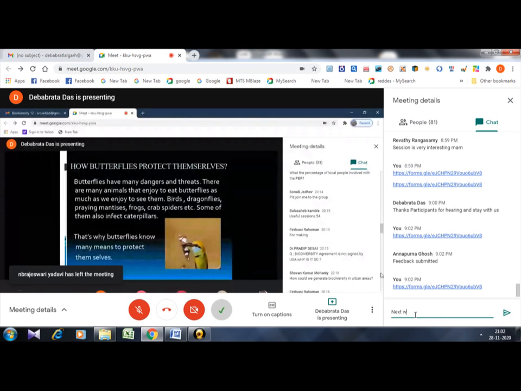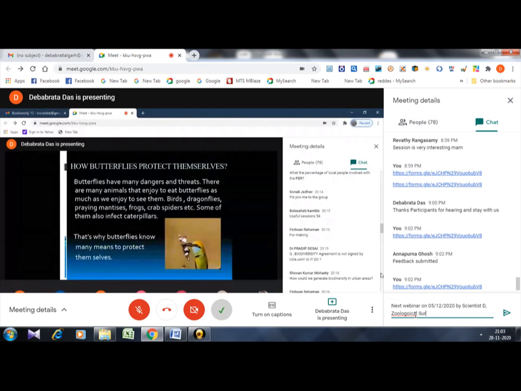Also, some butterfly caterpillars get paralyzed by wasps. What the wasp does is first paralyze the caterpillar and then inject its eggs into it. As the caterpillar grows, the eggs also grow inside it. Then the eggs burst open, the larvae feed on the caterpillar, and the caterpillar dies. In this way, many caterpillars are infected.